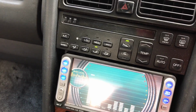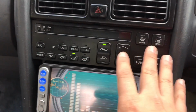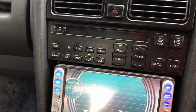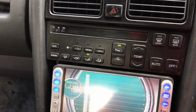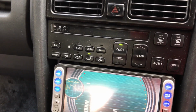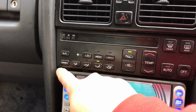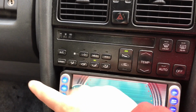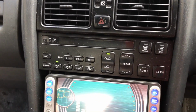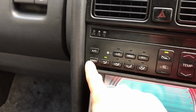Moving on over here, we have another little interesting button. The only one on this unit that's not translated, so to speak. And I think the reason behind that is that this was just never an option on the American spec cars, so they never felt the need to make this in English as a button. What this roughly translates to is rear extra. So say we have our AC up in the front and we're having a good time, air conditioner is working, we would hit this button,